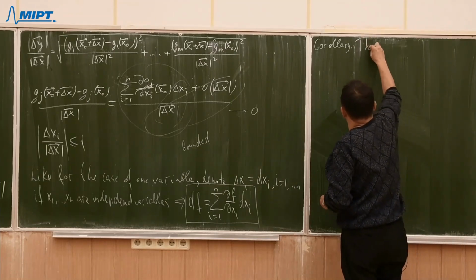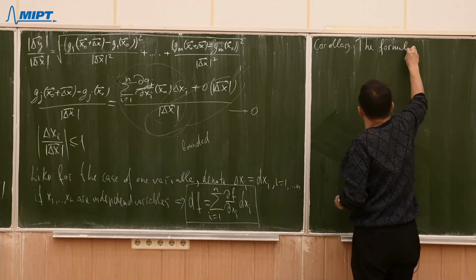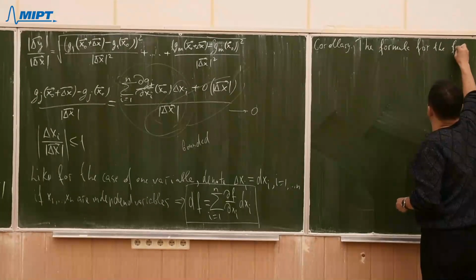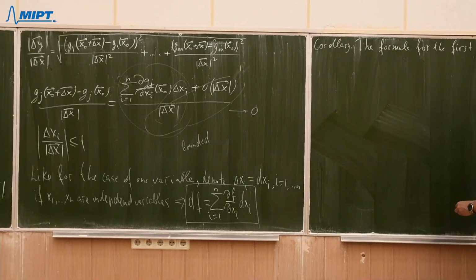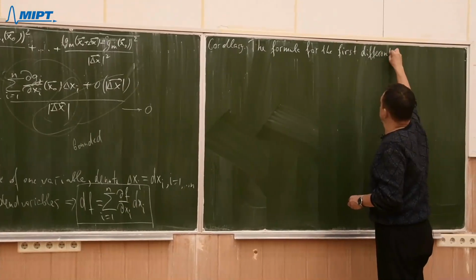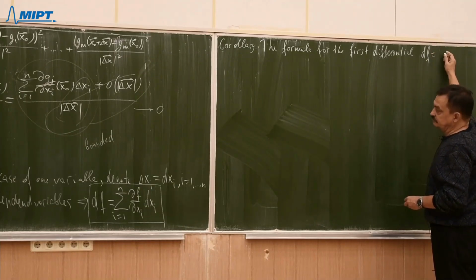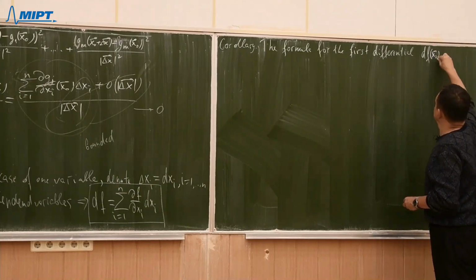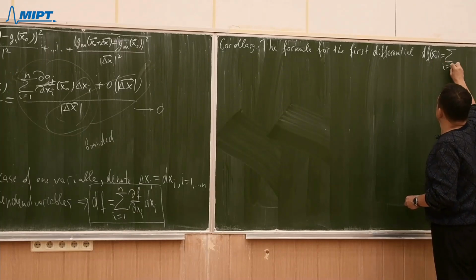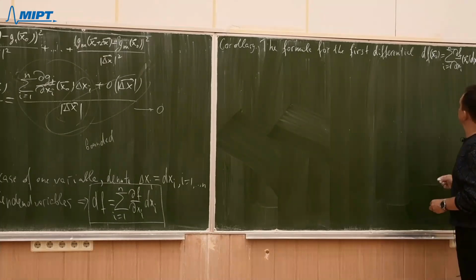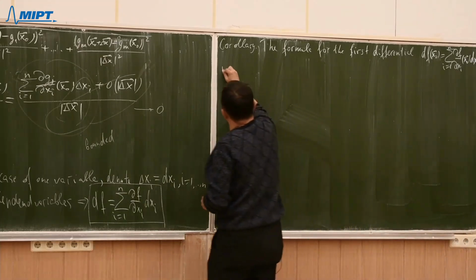The formula for the first differential, df equals the sum of the partial derivative with respect to xi at x naught times dxi,